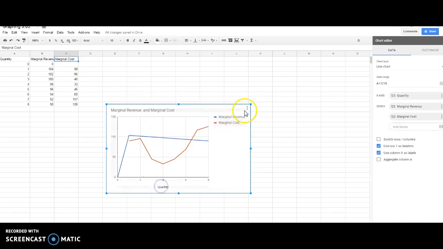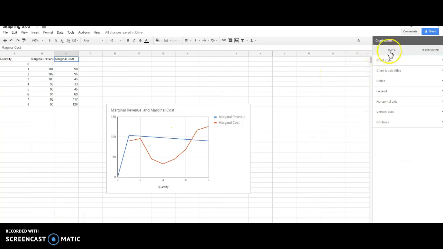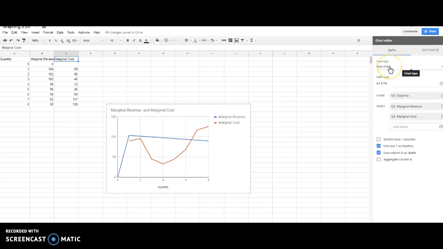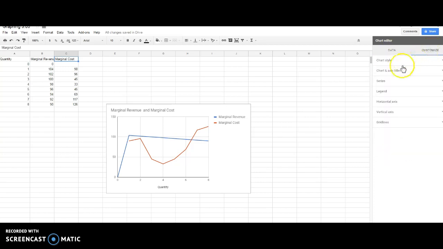title and a quantity. Now what I want to do is I'd also like to put something here so it shows the price on my y-axis, because the x-axis is labeled because quantity was there, but the y one is not. So when I do that, let's see, I go from Data, so I pick the line graph, I go to Customize. Now let's see, Chart Style is here, Chart Axis is here. So what I want to do is chart axis, I think I said it was the Y or the vertical one, right? So I go to vertical,